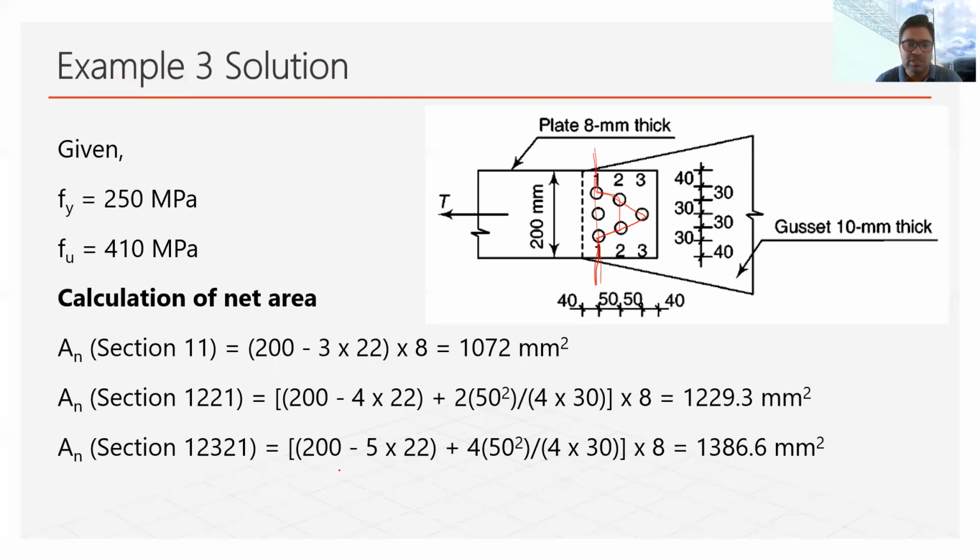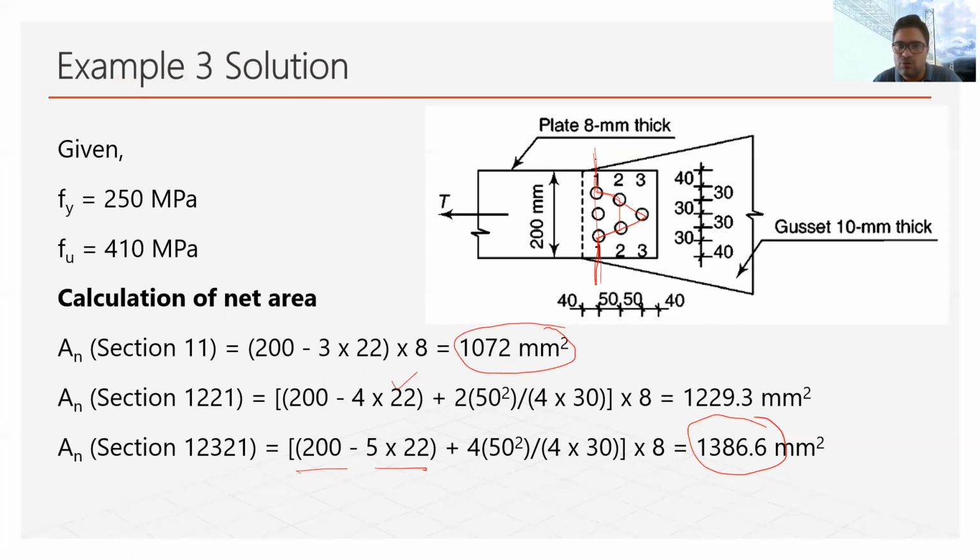So along this path, we follow the same process that we have used before. In this case, the area is 1386.6. So now we can see that the minimum net effective area is 1072,